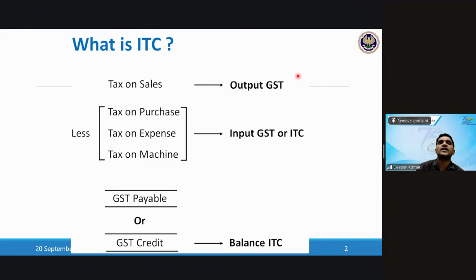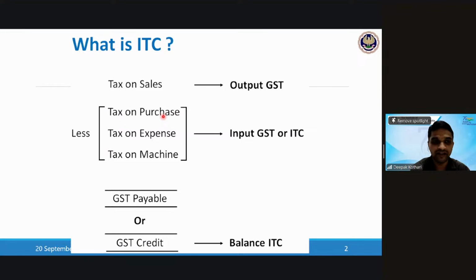ठीक है, सो टू अंडरस्टैंड आईटीसी, जिसको भी समझ में नहीं आया है इंग्लिश में, कि हम जब सेल करते हैं तब आउटपुट टैक्स पे करते हैं, करेक्ट, और जब हम परचेज करते हैं तब हम जो टैक्सेस अपने वेंडर को पे करते हैं, ठीक है, वो जो इनवॉइस में लिख के देगा उसे कहते हैं इनपुट टैक्स क्रेडिट। सो अपना सेल्स के ऊपर जो टैक्स पे करेंगे उसे कहते हैं आउटपुट टैक्स, और जो हम परचेज करेंगे या फिर कुछ खर्चा करेंगे या फिर कुछ मशीनरी खरीदेंगे, उसके ऊपर जो जीएसटी सामने वाला लगाएगा उसे कहेंगे हम इनपुट टैक्स